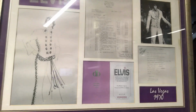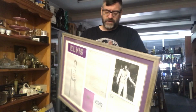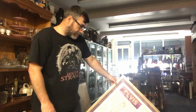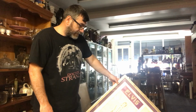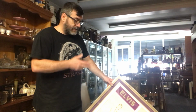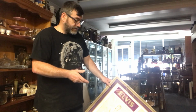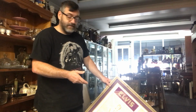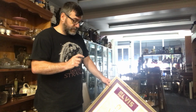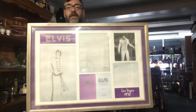I know a lot of Elvis documents were sold off in auction. Maybe Graceland put these together. I have absolutely no idea. I'm going off what the lady who sold it to me said, and the fact it's got the certificate and the hologram on the back. Apparently she bought it when she was in Graceland herself. They were produced in 2000. They are dated on the back 2000. But other than that, I can't tell you a huge amount about it,